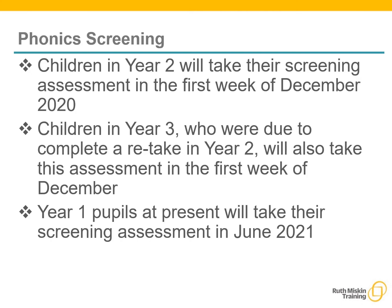I wanted to just talk briefly about the phonics screening. If your child is in year 2, they were currently due to take the phonics screening assessment back in June when they were in year 1. Unfortunately, due to COVID and restrictions, they were unable to do that. So they're going to be taking the assessment in the first week of December, and a letter's coming out to you with a little bit more information regarding that. Children in year 3 who are due to complete a retake in year 2 will also take this assessment in the first week of December, and we will share their result with you once all children have taken the assessment. And the Year 1 pupils at present will take their screening assessment in June next year, which is the time of year when we usually take this assessment. So all being well, that will all go